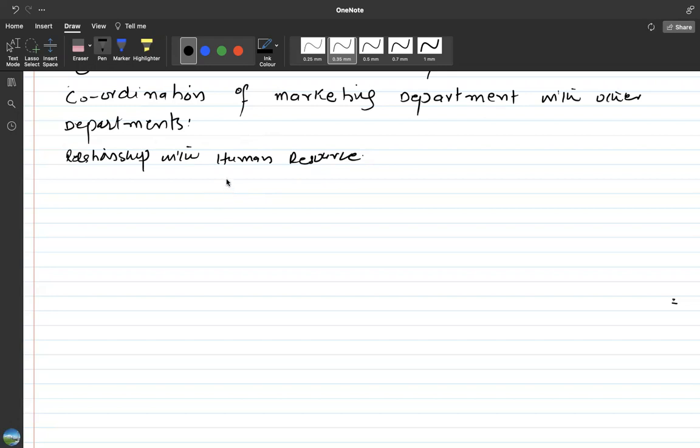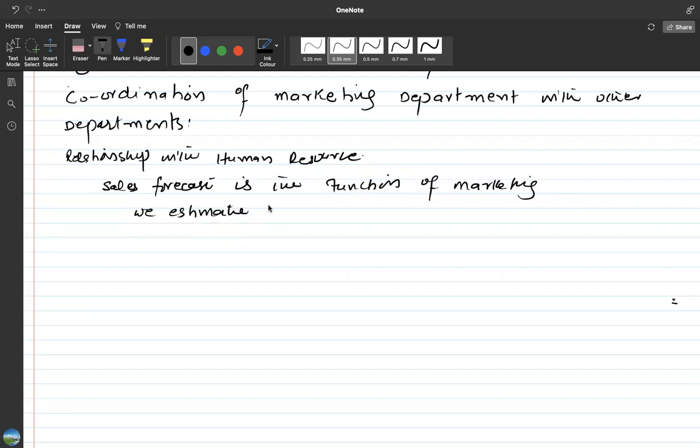There is a function of the marketing department that we will study in A2 that is called sales forecast. In sales forecast, we estimate the future sales of the business in the coming month, in the coming year, in the coming 2 years, in the coming 5 years. We estimate future sales of the business. This sales forecast is very important because every department, directly or indirectly, is dependent on this sales forecast. This sales forecast is also used by the human resource department